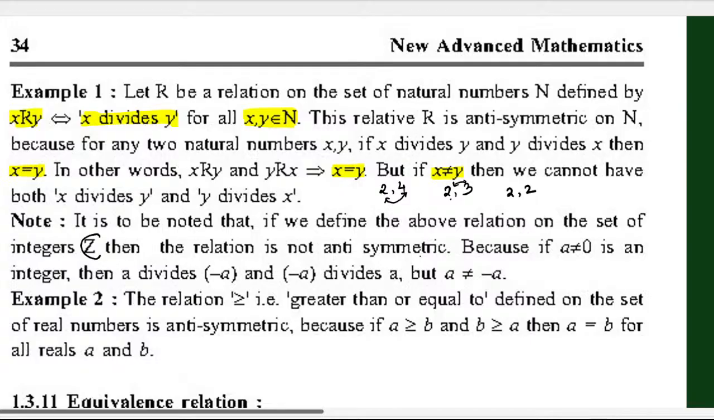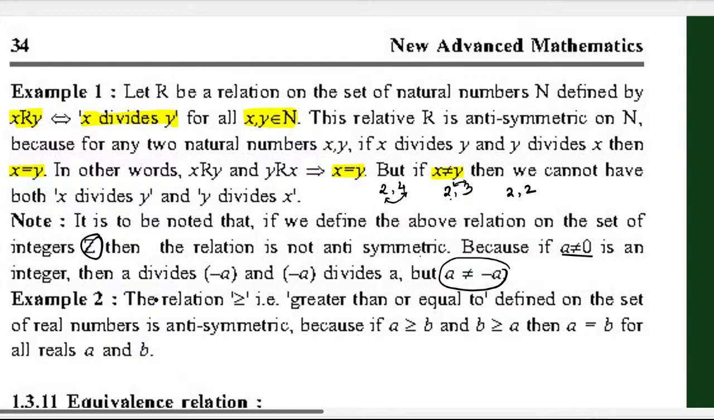Yeah, then it will not be called anti-symmetric, because a is not equal to 0. Because if a not equal to 0 is an integer, then a divides minus a and minus a divides a. But a is not equal to minus a. So in natural numbers it is valid, but in integers it is not valid,